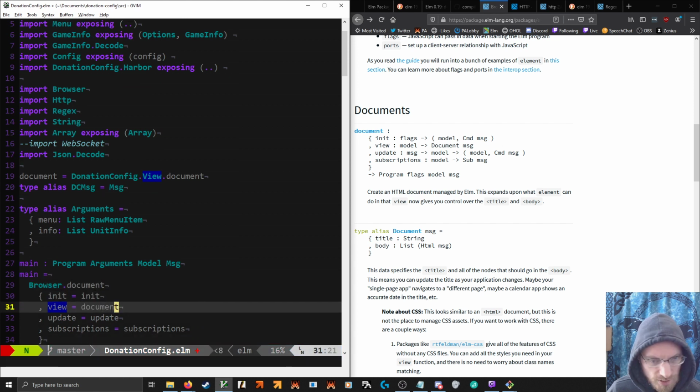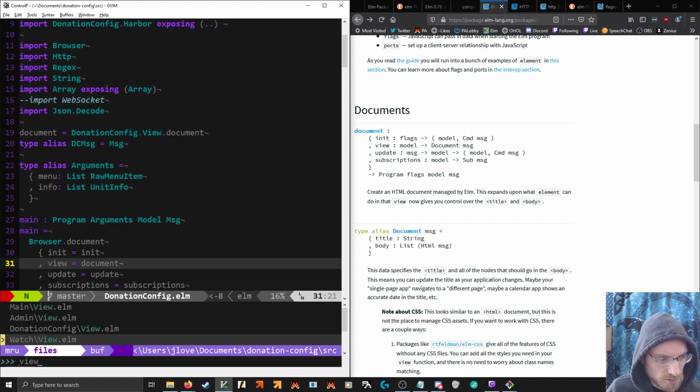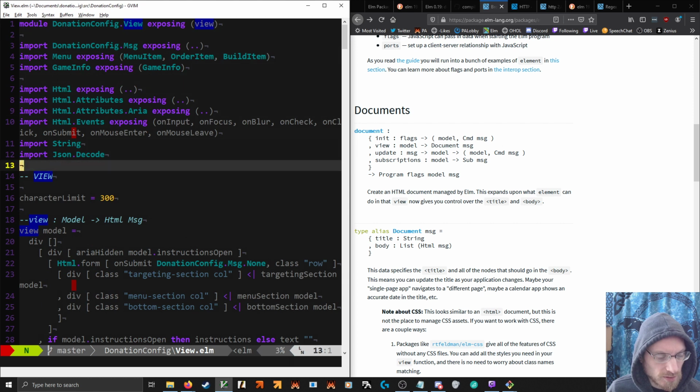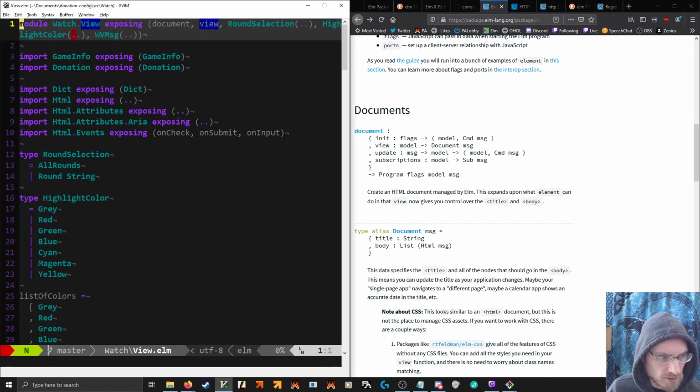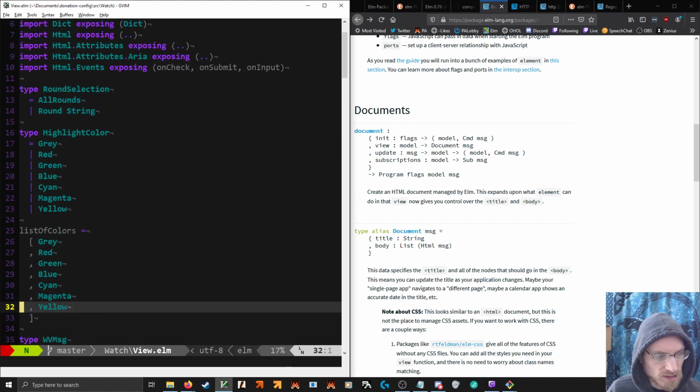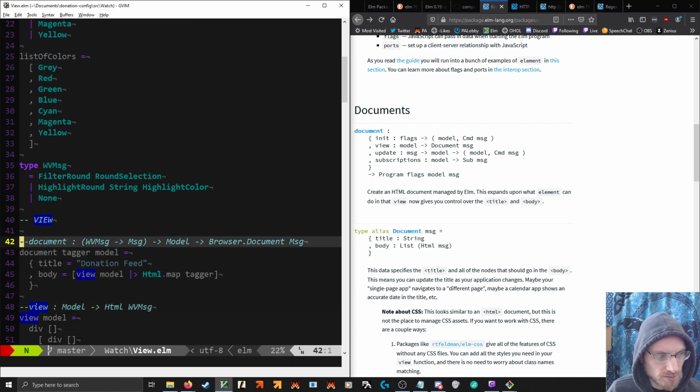So we can re-expose that value. Your view is going to have a document, which is actually easier. Well, yes, the message map here, when we provide it, would be